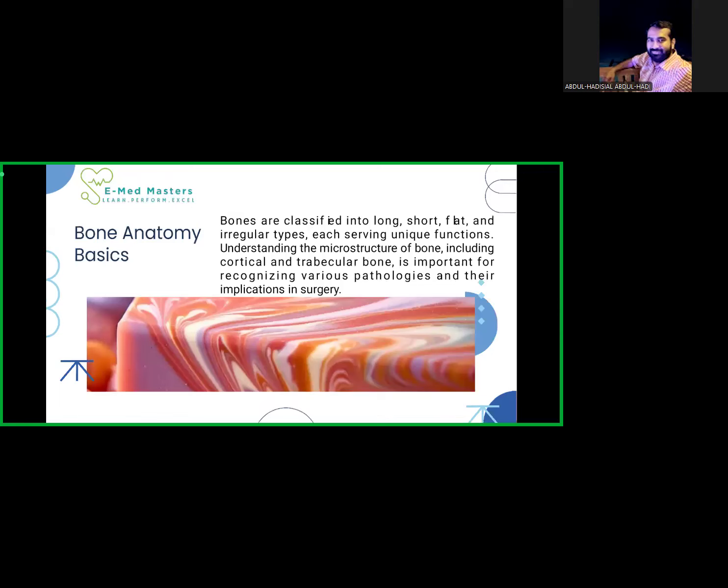So, bone anatomy basics: bone is a biological structure. It's not like a wooden structure, or something which is just hard with nothing going on in it. Everything is going on within the bone and outside the bone, and bones are classified basically into long,